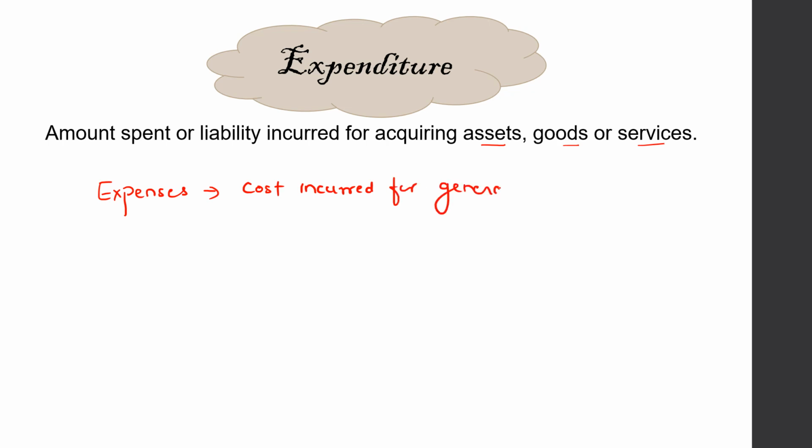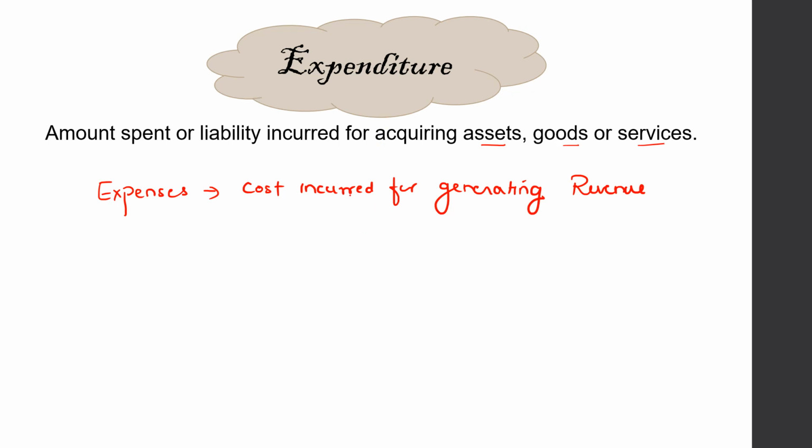generating revenue. So that you can have revenue which can be in the form of sales or which can be in the form of fees that is collected for the services rendered, whatever be the nature of revenue. To generate that, whatever cost you have to incur, that is called as expenses. Like the purchase cost of goods that you want to resell, the wages that you pay to the workers who are manufacturing goods in the factory, so on. So those expenses, those items of cost are called as expenses. Expenses is a term which comes within expenditure. That you will understand when we understand the